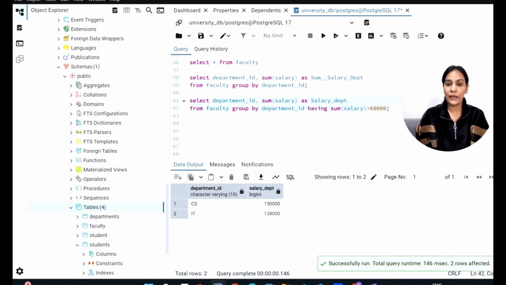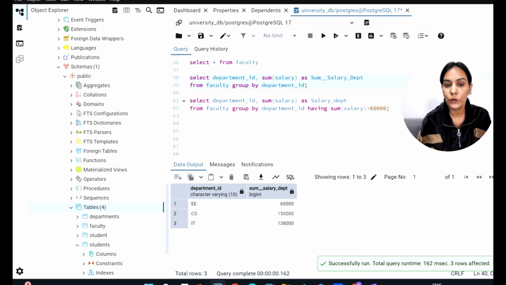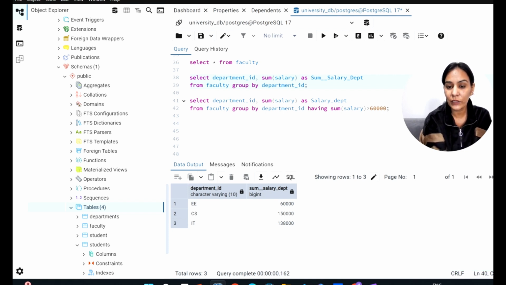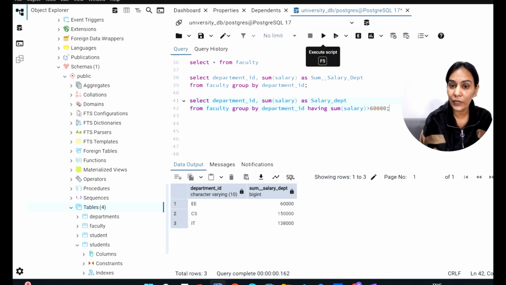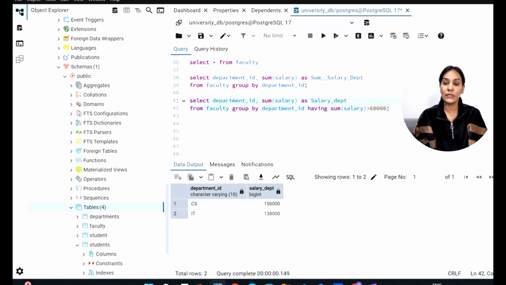So now, as we have seen earlier, when we run this query, why I have not directly applied the condition here, because I have to show this. When we just apply the group by, we have three departments. Now in one department salary is equal to 60,000, but I just want those departments having salary greater than 60,000. So EE department is going to be eliminated from the final output when we apply a condition here. So I apply a condition, so it is eliminated, only CSE and IT department are up here.